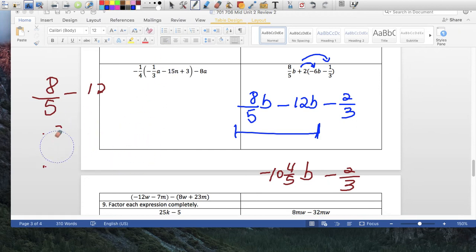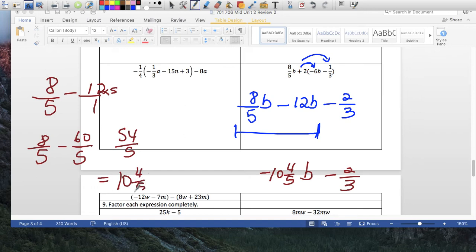Why is it that I got a different answer doing the other way? I'll find out. Put over 1, it's going to be 8/5 again, times 5 is 60, and I get 54 over 5. 5 goes into 54 10 times, and I have 4/5 left over. What am I doing wrong? Let me just have that 8/5 minus 12. Let me change that to a mixed number. It's going to be 1 3/5 minus 12, which is